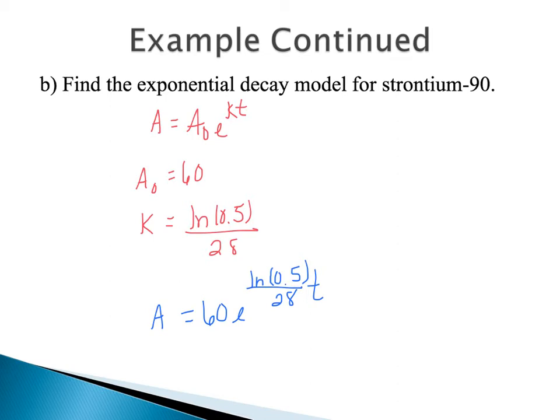When archaeologists find some ancient artifacts, they want to figure out how old it is. They'll take a sample and figure out how much carbon-14 is left, and then they'll be able to use a formula similar to this and date it back using the rate for carbon-14. So this right here is your exponential decay model for strontium-90. It's just saying, okay, using what we got for k, what's our general formula to use?